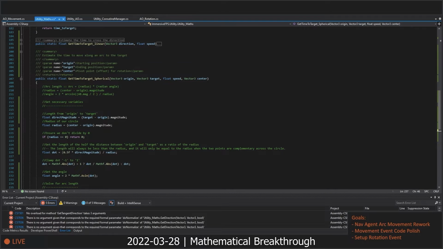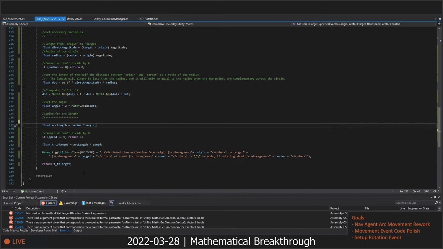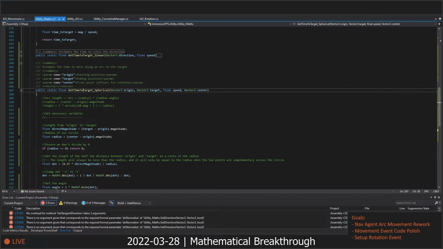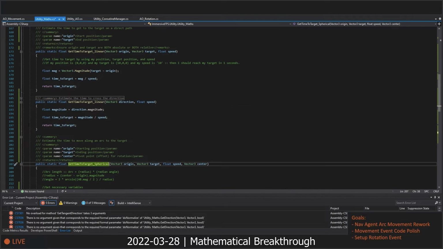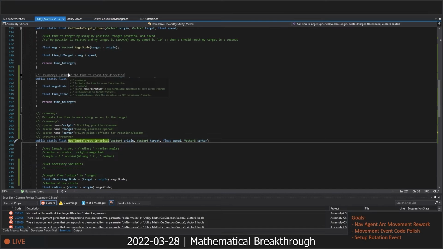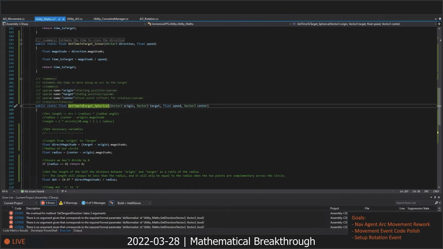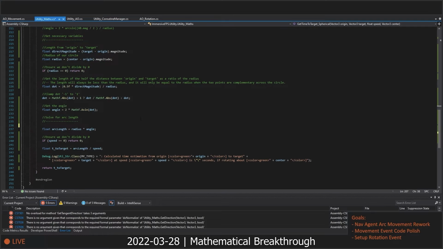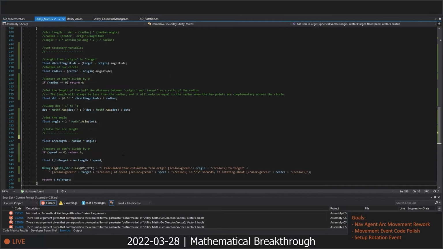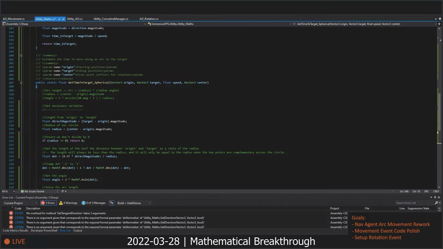Yeah, and I think what I want to do is, when I get these time estimations, I know exactly where we're going. So what I want to do is draw it out, sort of in a prediction of the movement, just to visualize the arc outside of the subject of the movement. And I think the way to do that will be